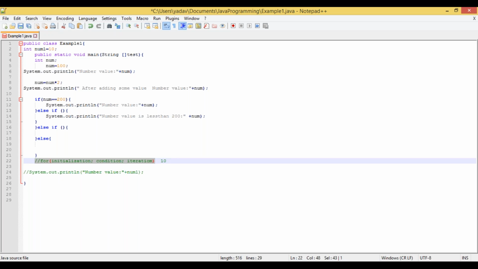At the ninth element we need to start, so that particular information we can define in our condition block. And the iteration, what is it going to do? It's going to start from 0, and if you are iterating the value again it's going to start at 1. So like 2, 3, it is going to iterate, so we need to increase the iteration operations, right? So this is the way the for loop is going to work: initialization, condition, and iteration. So if you have any doubt on the syntax,